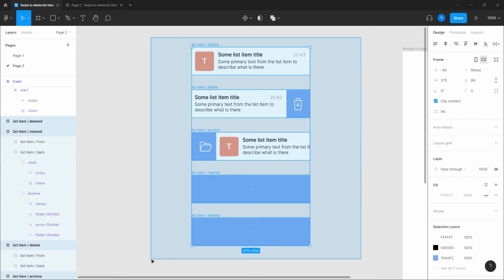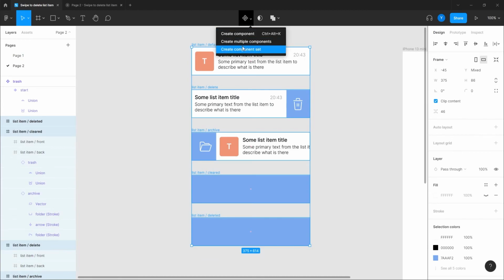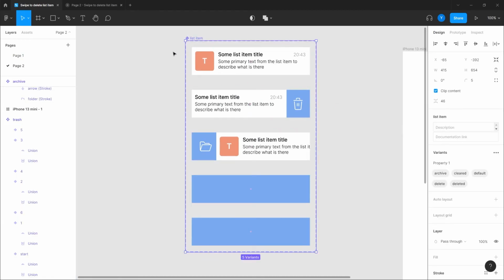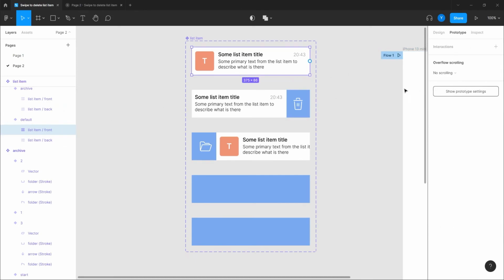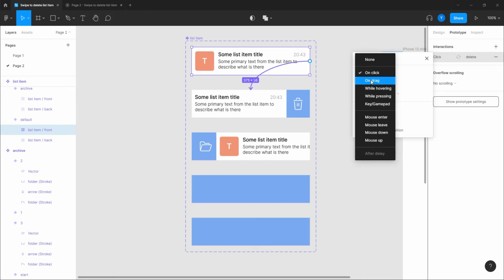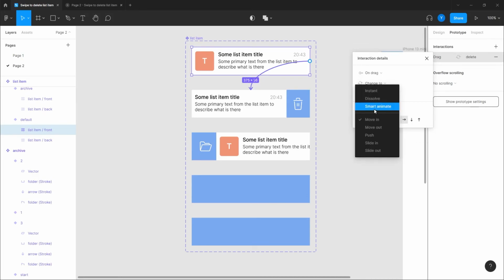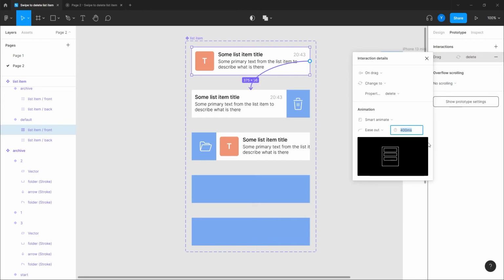I'm going to select them all together and create a component set, which is the component list item, and that's all its statuses. So here, the front, we're gonna actually connect it to this variant, on drag, okay, and smart animate, which 300 milliseconds is okay.